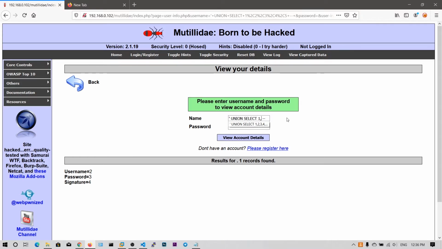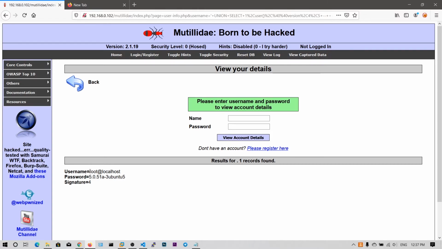Let's say this is the user. I put in small letters the user function, and this user function indicates the current username the SQL service is running as, and I can say @@version. So now I can say view account details. We are asking for the user and the version of this SQL database.